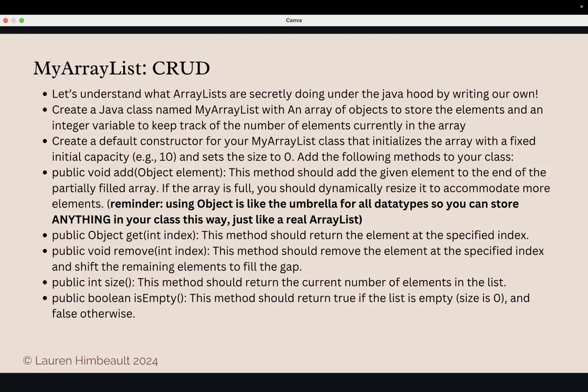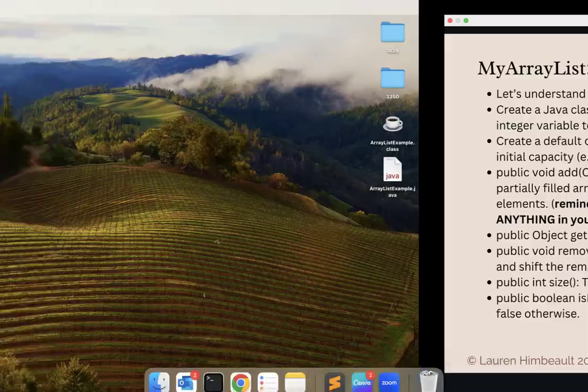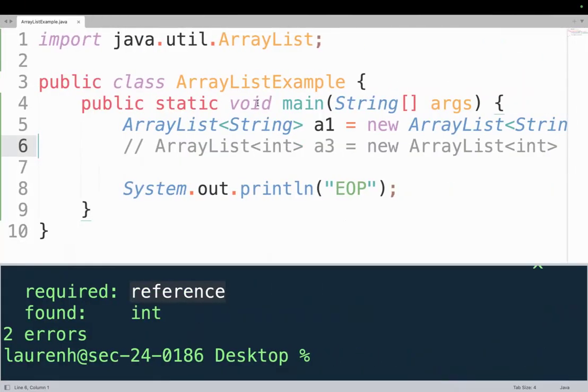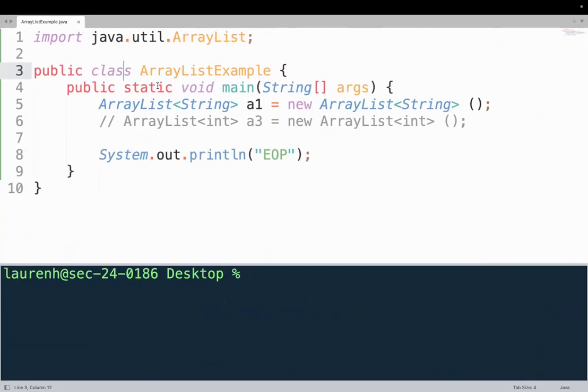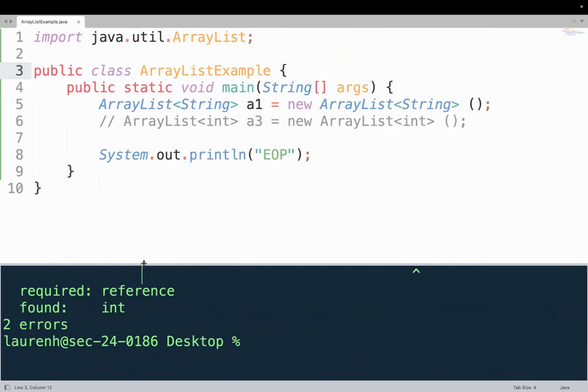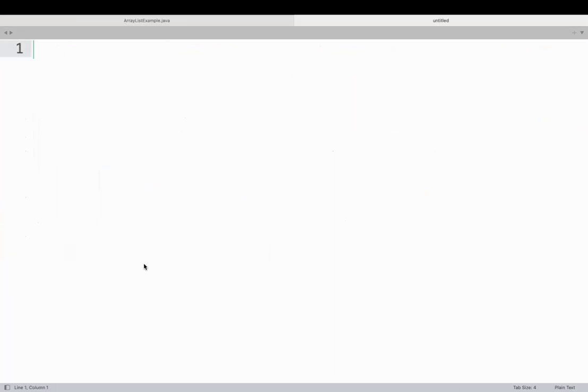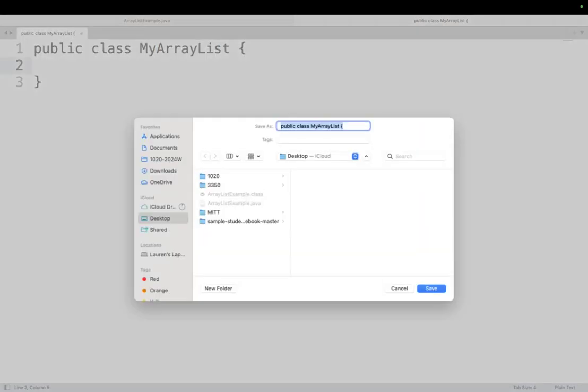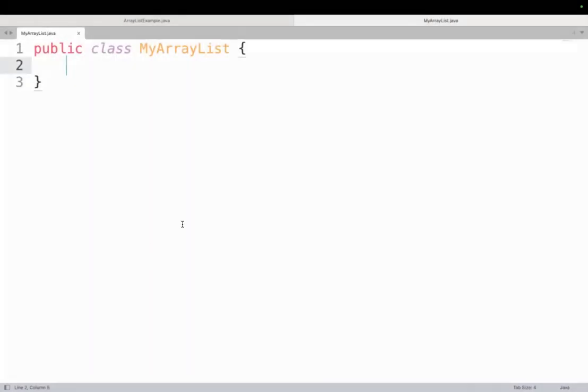I am going to not, and instead I'm going to do it differently. Now, we've done a person list before. When we first did objects, we made a person list. This won't be the first time that we'll have done something where we put an array inside some kind of object. So we're going to make a MyArrayList.java class, and we're going to have a private